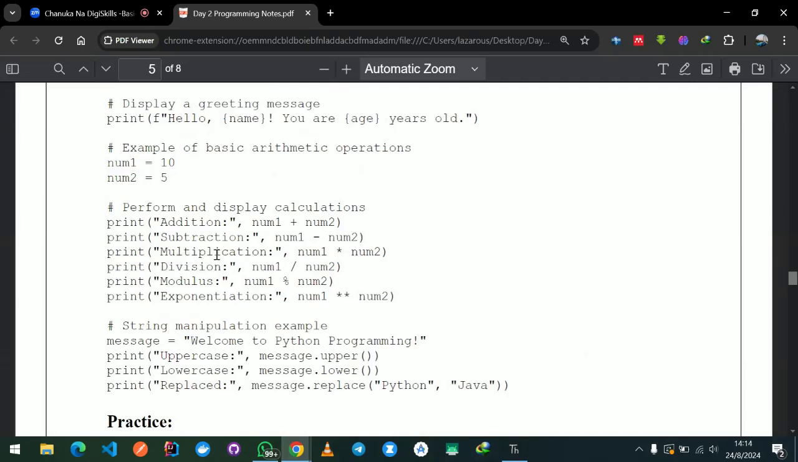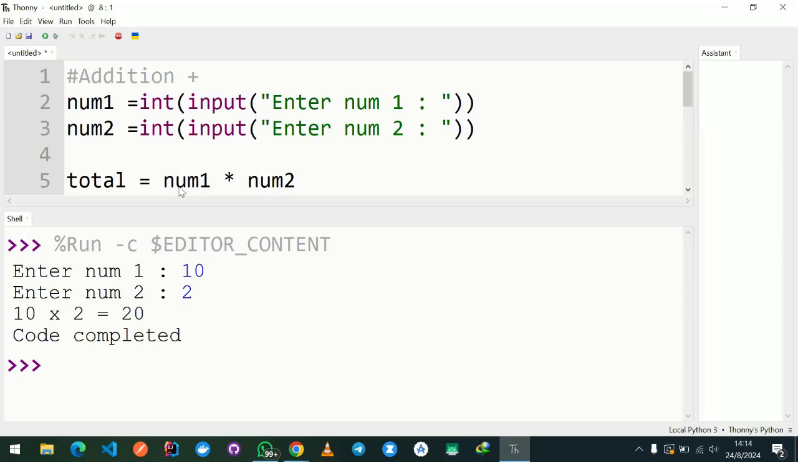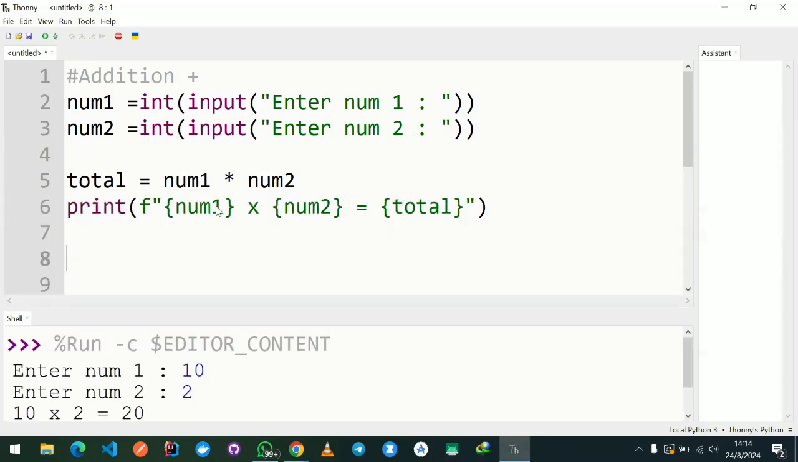Division, multiplication, subtraction, modulus. Modulus, I think we did that. It just means the remainder. So the remainder is, if I say 10 modulus 2, I'm saying, can you divide 10 by 2 and give me the remainder that you get? So if I divide 10 by 2, I'll get 5. 10 divided by 2 is 5, right? Then the remainder is 0, so I'll get 0. So if I run my code,